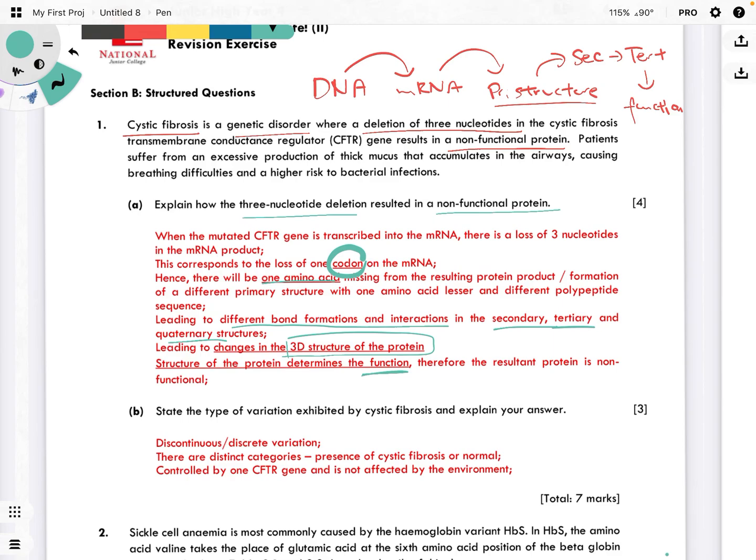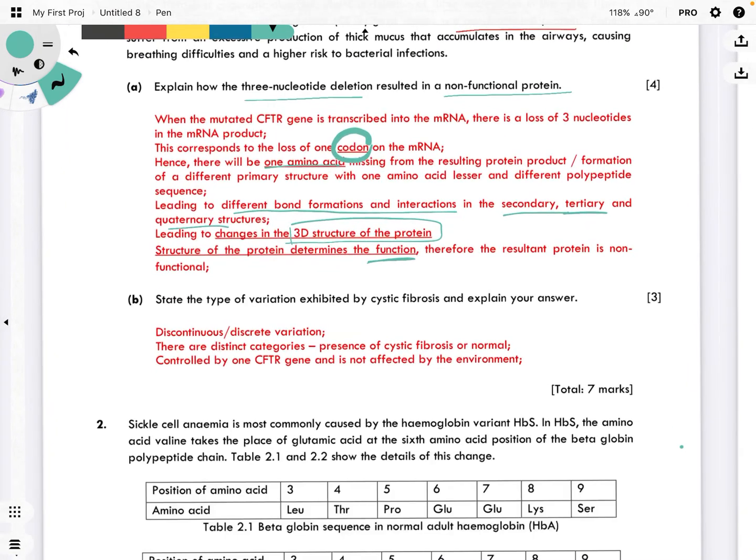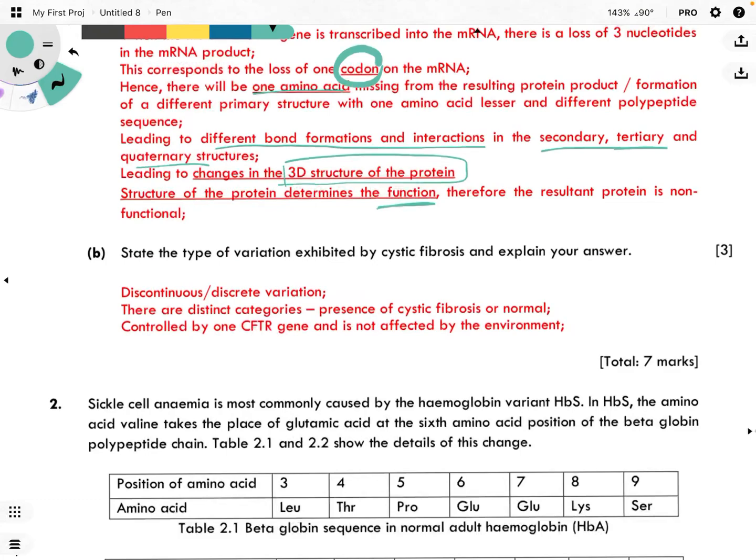Okay, so now let's look at 1b. State the type of variation exhibited by cystic fibrosis and explain your answer. This is something we've not quite gone through before, the idea of variation. There are 2 kinds of variation that exist. But maybe first and foremost, what is variation? Variation refers to differences in